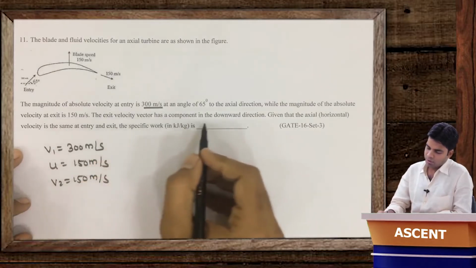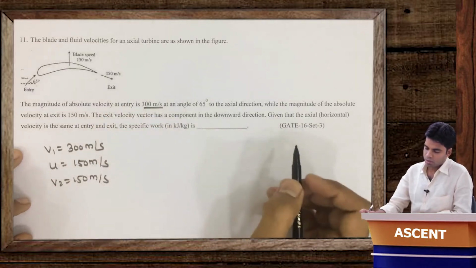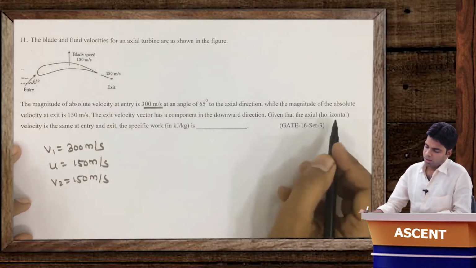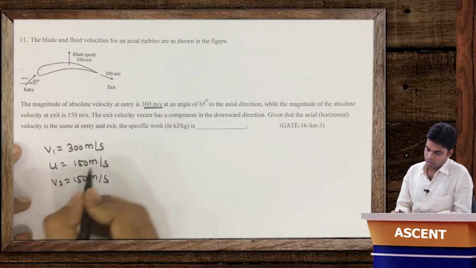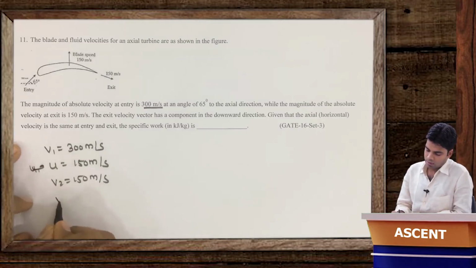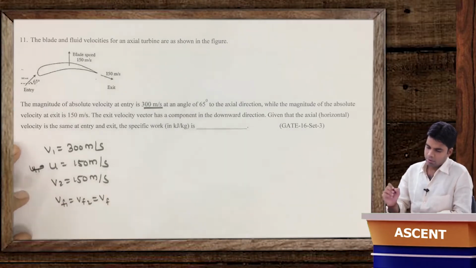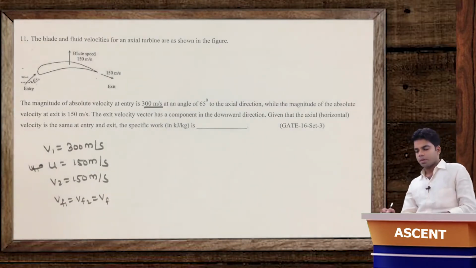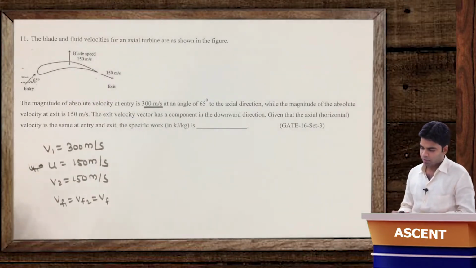The exit velocity vector has a component in downward direction. Okay. This is having a component in downward direction. Given the axial velocity is same at entry and exit. Axial velocity means Vf1 is equal to Vf2 is equal to Vf. This is same at entry and exit. We have to determine the specific work. Getting this? Okay. So first of all, let us draw the velocity triangle, and we will try to draw it